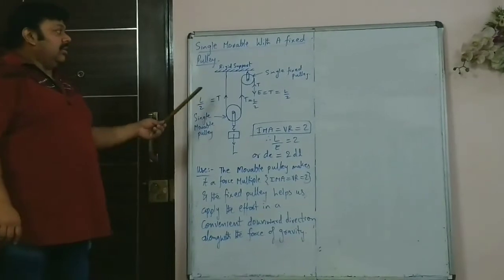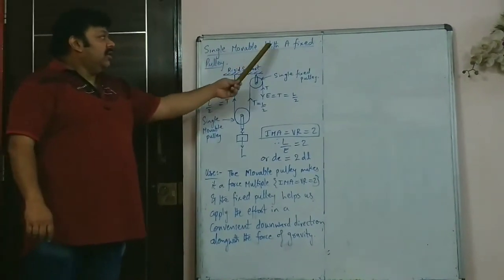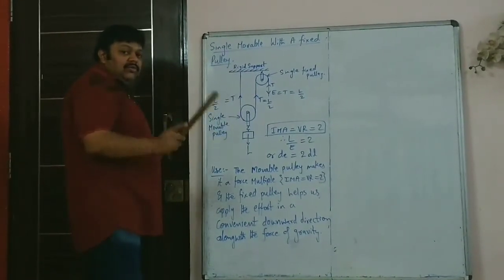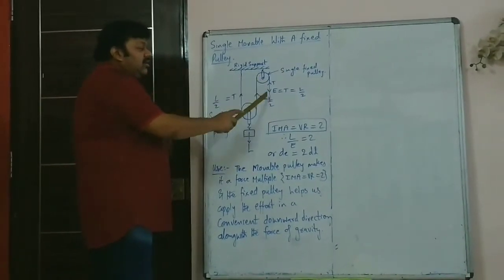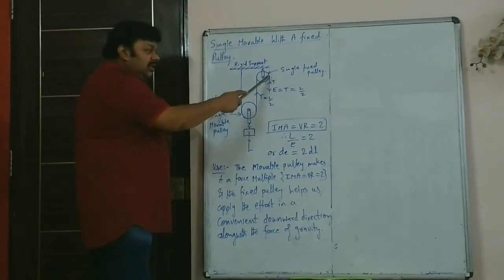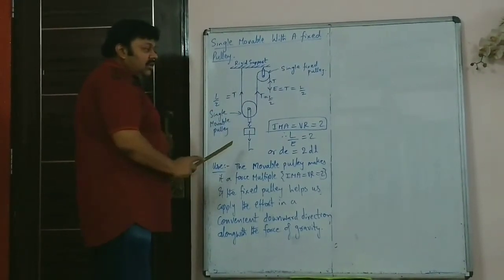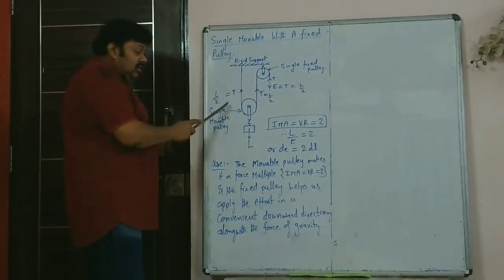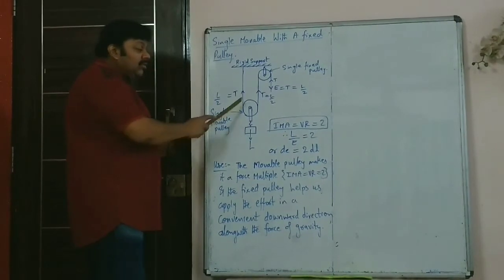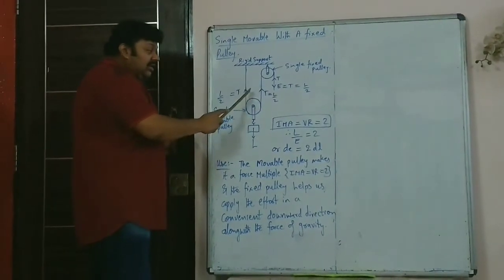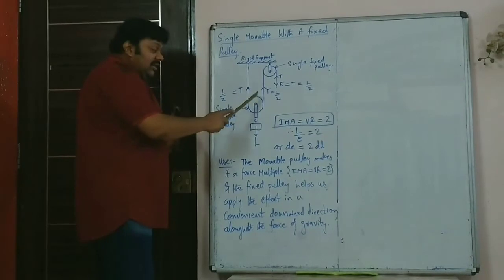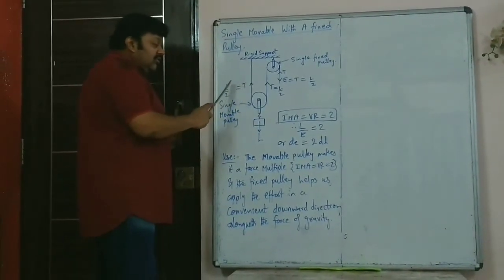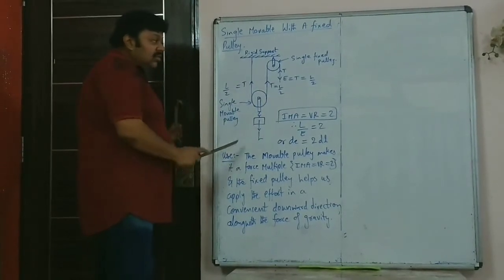So here a diagram is shown of a single movable pulley with a fixed pulley. So the movable pulley system is exactly like it was drawn before, and there is another fixed pulley. This fixed pulley is helping us apply the effort in the downward direction. Again, the load direction has to be shown. This is the single movable pulley. This has to be labeled. The tension in both the ropes on either side of the single movable pulley will be upward. So you will show the tension as L by 2 in both the ropes.